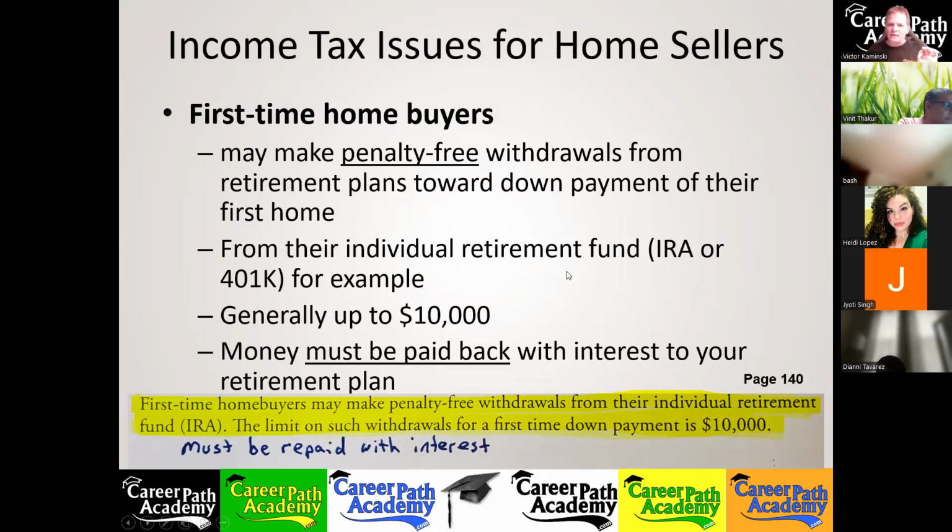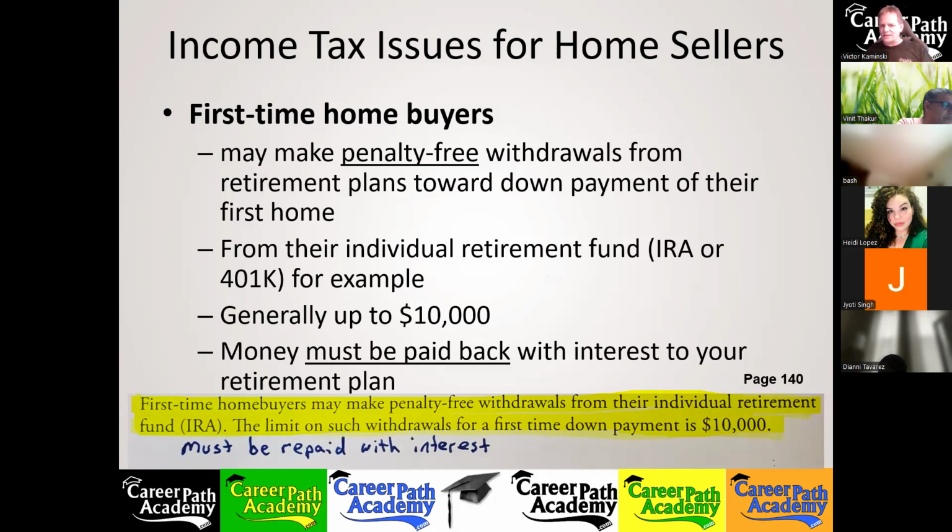So make sure that when your clients do this, that they contact their tax professional on how to go about doing this, so that they don't get hit with those early withdrawal fees and fines and penalties, which could be up to half the money that they're taking out. I'm telling you, it's like a major hit that they get. So it needs to be done properly if they're going to take this route to do it.